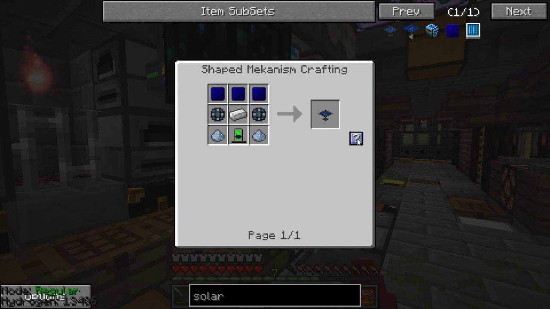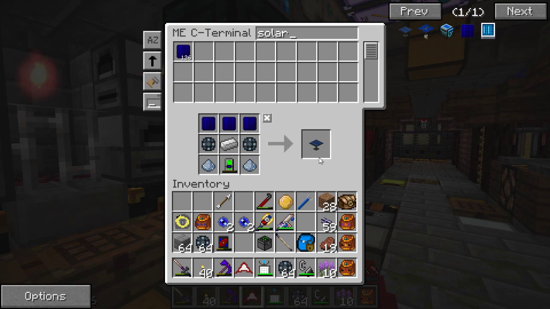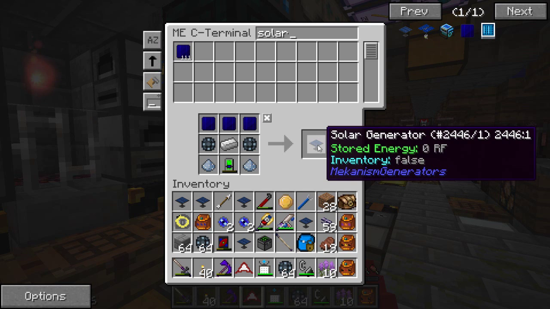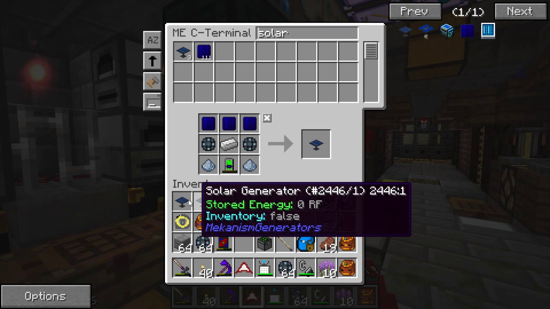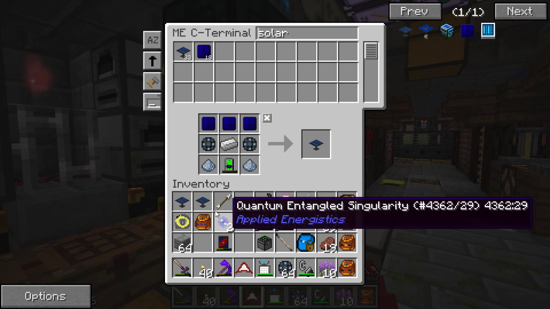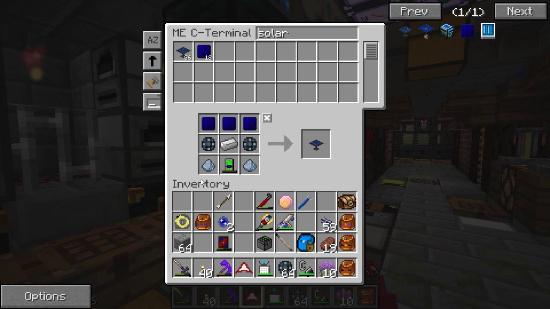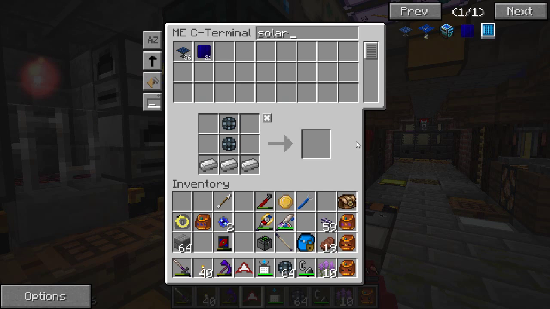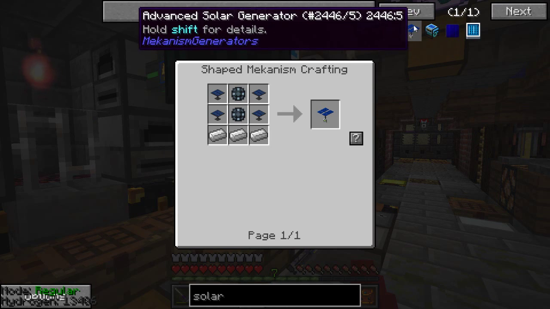And so we'll need 36 of these. Let's see how many I get if I just do that. Okay, so they're separate. I guess I will see you in a second. Okay, that ought to do it. That's 36 of the solar generators made from 108 of the solar panels. And now we should be able to...